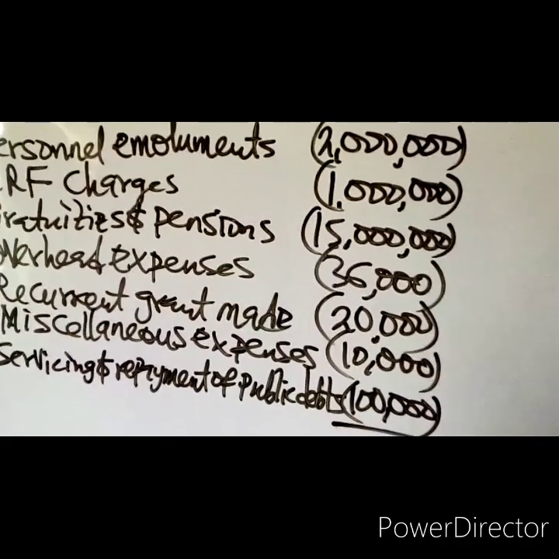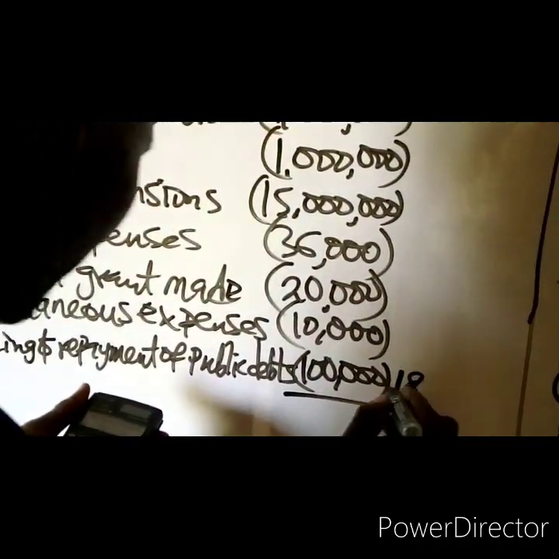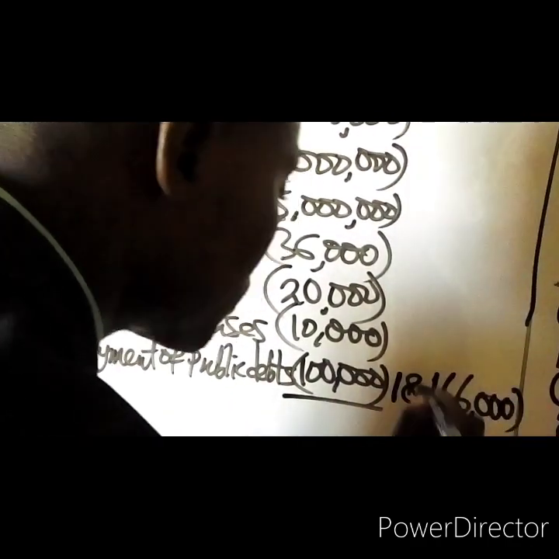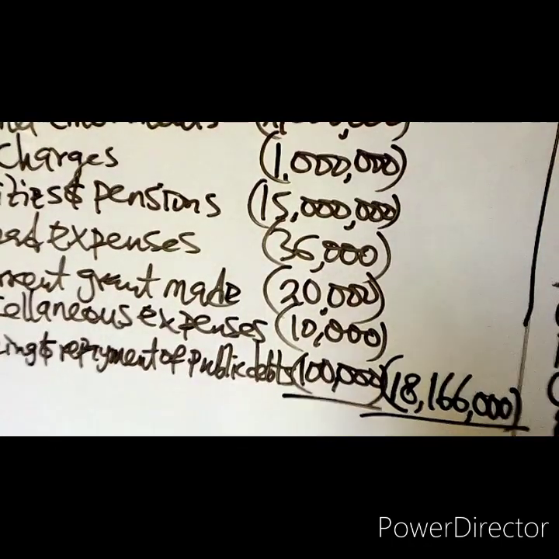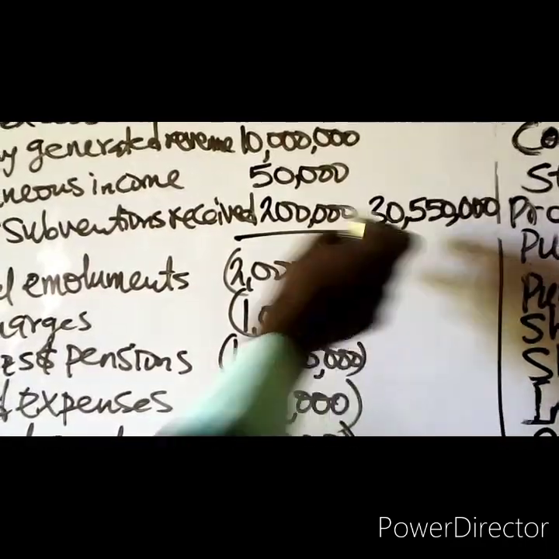The total of the payment is 18 million 166,000. When you deduct the payment from the revenue of 30 million 550,000,